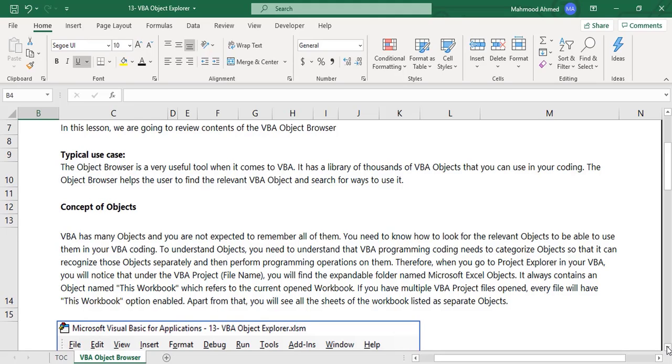It has a library of thousands of VBA objects that you can use in your coding. The Object Browser helps the user to find the relevant VBA object and then search for it to use. Now let's discuss a little about the concept of objects in VBA. VBA has many objects and you're not expected to remember them all. You need to know how to look for all the relevant objects and to be able to use them in